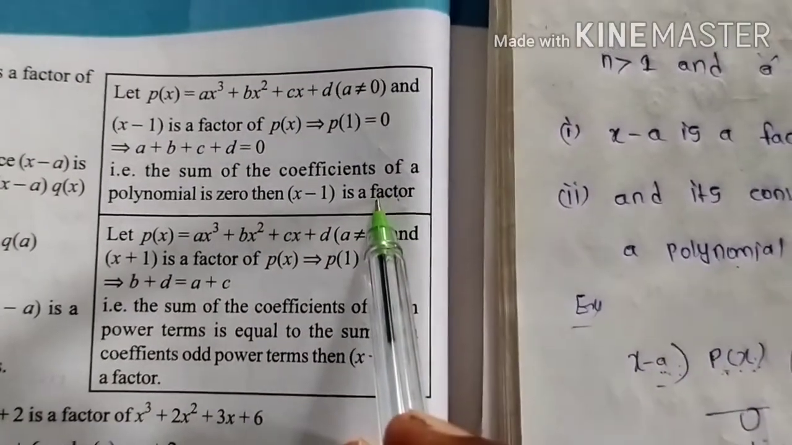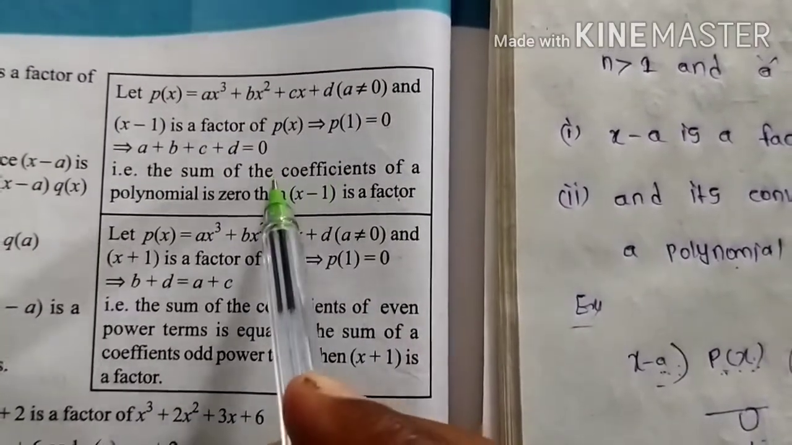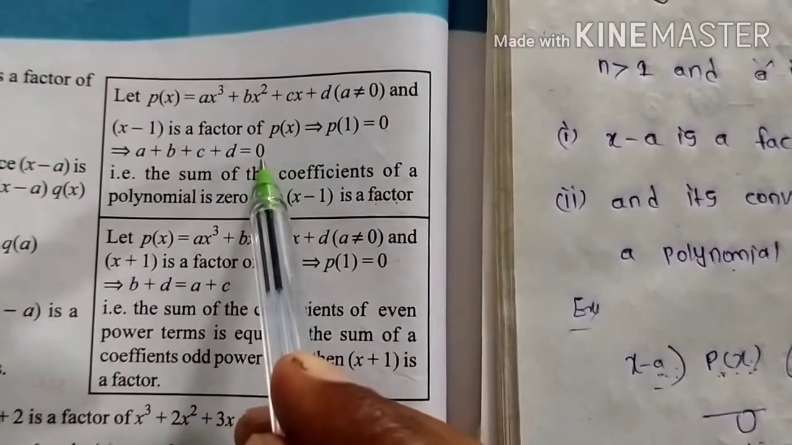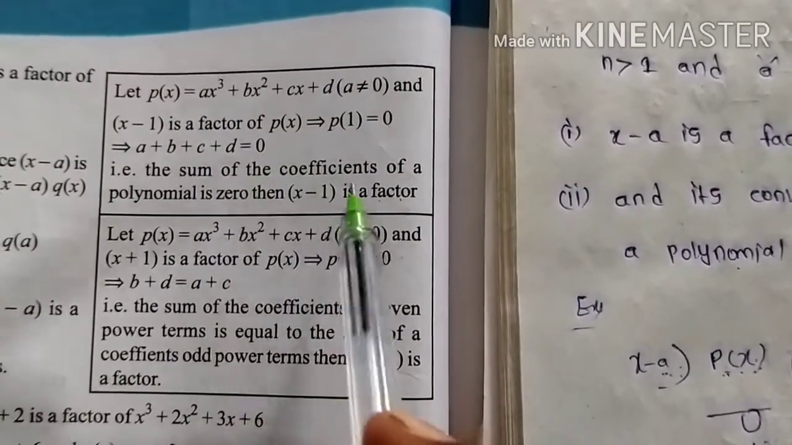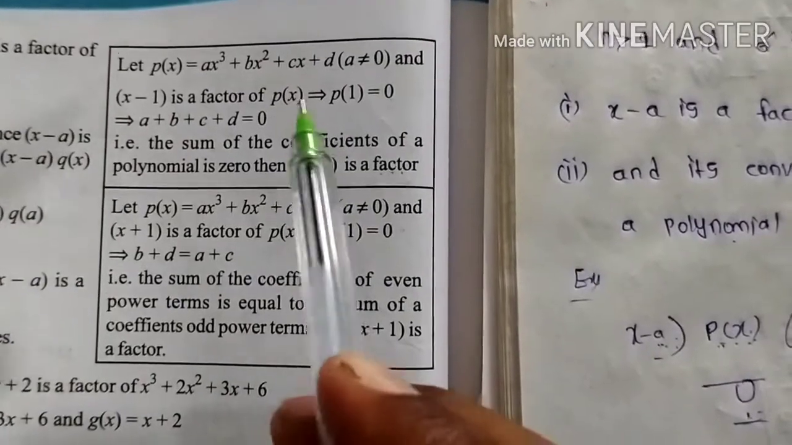Without doing the actual division method, you can just see the coefficients and add them. If the sum is equal to 0, that means p of a is equal to 0, so x minus 1 is a factor. See here, if the sum of the